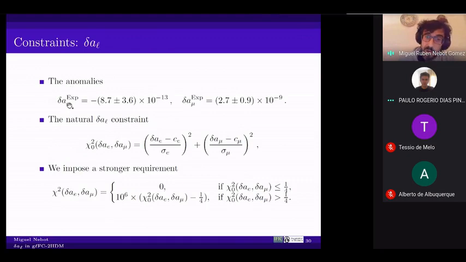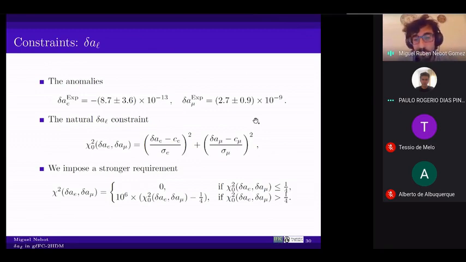For the anomalies, you want to reproduce this. So the natural constraint would just be to make your chi-squared with the central values and the uncertainties that you read here. But this has a downside, which is that by moving less than 3 sigmas from these values that you want to reproduce, you may lose one of the anomalies. So you set one, I mean, a prediction which is 0, the other is still 2, 3 sigmas away. So this diverts your numerical analysis into a regime in which you are not really reproducing both.